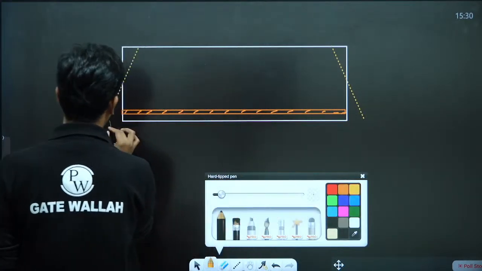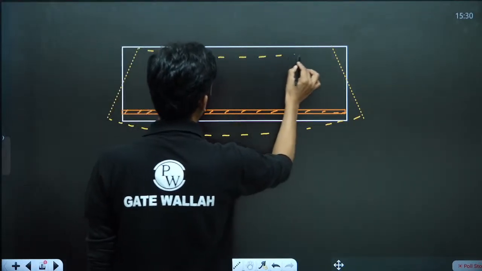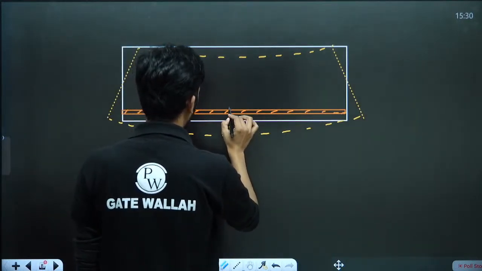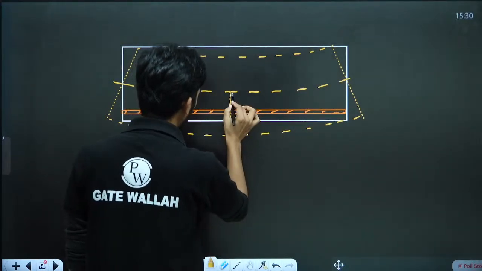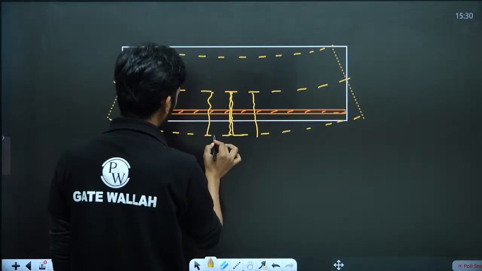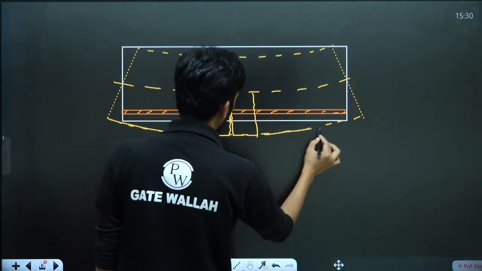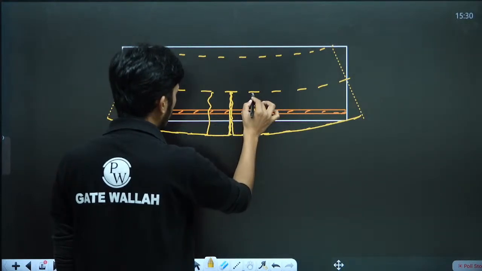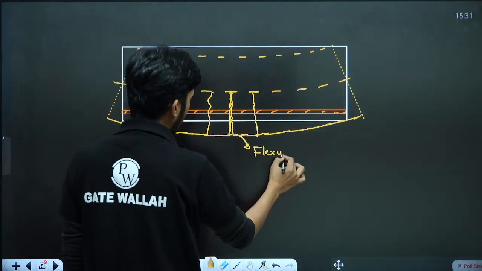Some cracks will be perpendicular to the bar, some cracks will be inclined to the bar. So if the beam has some bending, one crack is like this, that may be up to the neutral axis, or this crack, or this crack. These are perpendicular to the length of the bars. These cracks are called the flexural cracks. So if somebody is asking what is the direction of flexural cracks, the direction of flexural cracks is perpendicular to the length of bar.